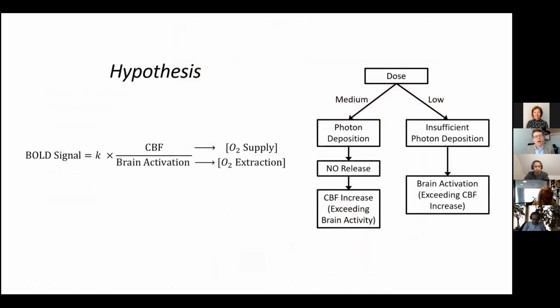Well, just a hypothesis that we are bringing over here is that the BOLD signal is indeed very much driven by the deoxyhemoglobin, and of course, cerebral blood flow affects the BOLD signal. The greater the cerebral blood flow, the greater the BOLD, because that means oxygen supply. However, brain activation means oxygen extraction. Possibly,